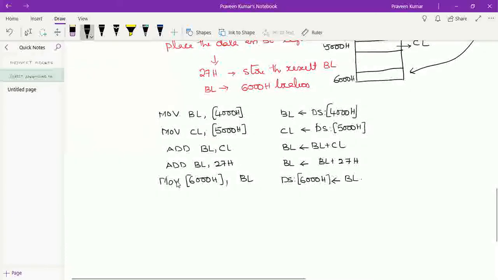So fundamentally, if I go through each instruction, what is the addressing mode? The first instruction is direct addressing mode, because I'm not giving the data directly, but I'm giving the address information. The address contains the data, so I'm copying the content of the address. When I give this address, the processor goes to that address and fetches the data. This is also direct addressing.